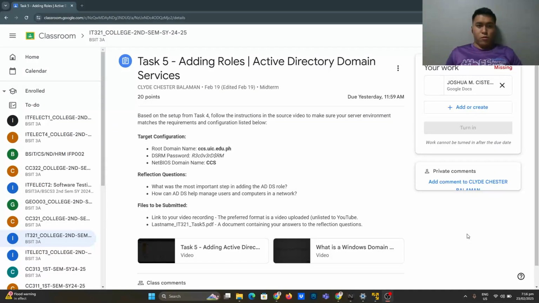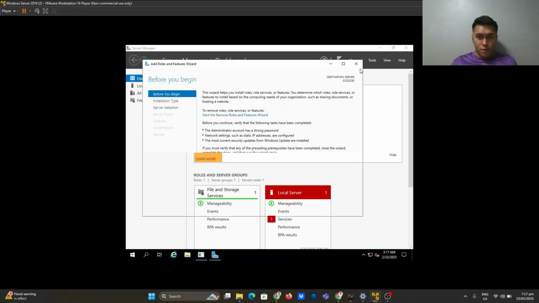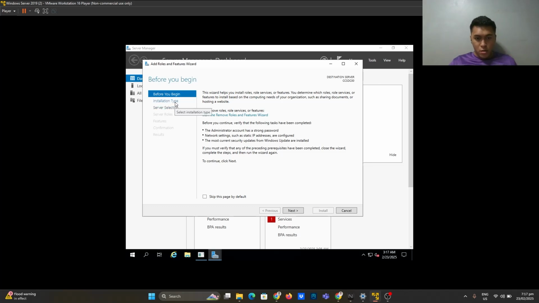So now to another task that I want to show you: adding roles in Active Directory Domain Services. Using VMware again, you will set up Active Directory Domain Services. So open your VMware and in your Windows Server, click Manage and then Add Roles and Features, and then you